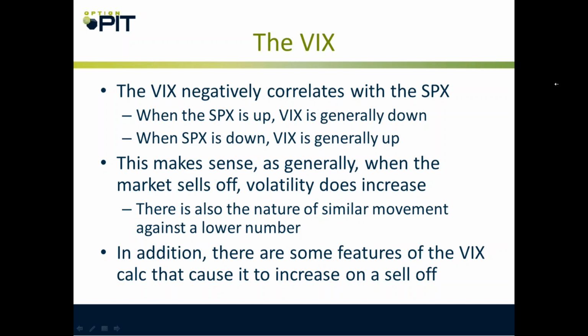So if you take that annualized number and you divide it by 16, that is your daily movement that the market is looking for. So right now the VIX is 16. If the VIX is 16, then basically the market is looking for a 1% move a day. All right? So the key is to use that back of the envelope calculation and divide it by 16.